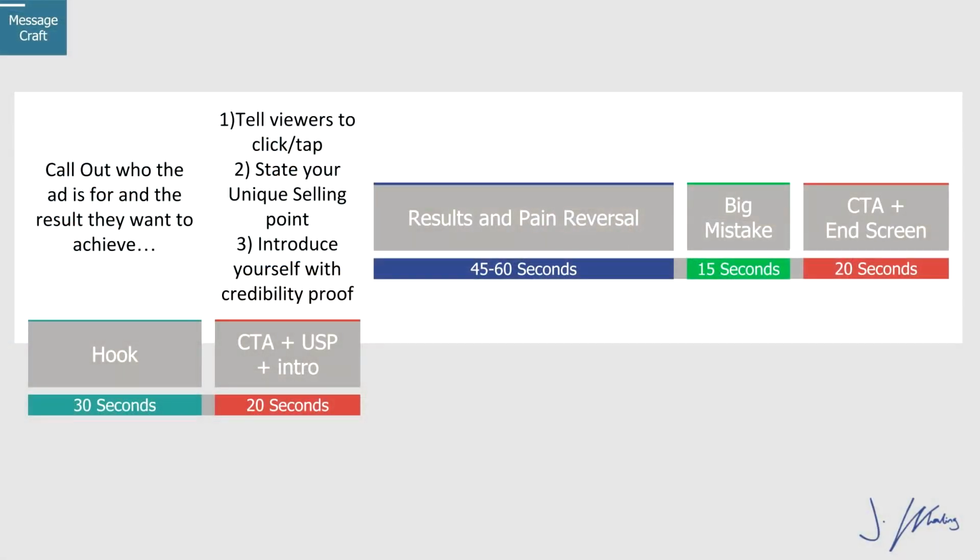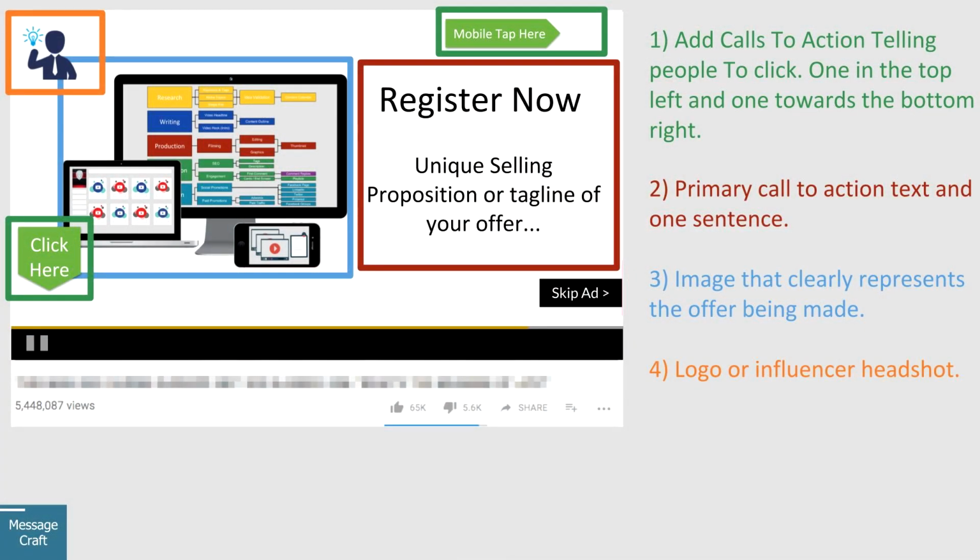Once you've passed that 30-second mark, hypothetically, you only have people who are somewhat interested and somewhat qualified in what you have to offer. So you want to immediately tell them what you want them to do as a result of watching the video, which is a call to action. Click or tap the top right on mobile, bottom left on desktop. Obviously you don't want to mess up like that when you're doing your YouTube ad. You can actually put up arrows, or you could just point where the little banner is going to pop out and make it really clear exactly what you want people to do.